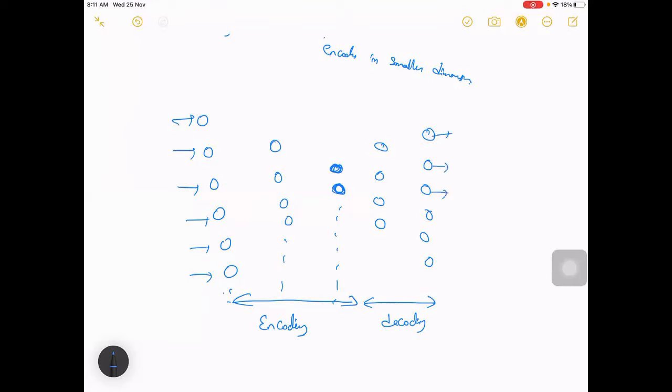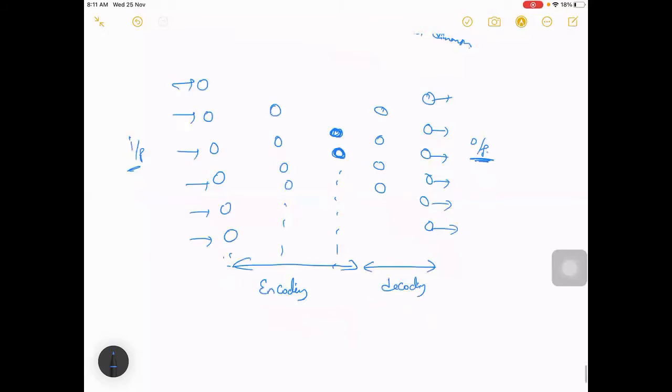Finally, what we need is that the output should be similar to the input. Let's say you gave an image of a person or a dog, anything. It represents it in a lower dimension, from this bigger size to a smaller size, a kind of smaller vector. And then from this, you want to reconstruct your image back to the size it was earlier.